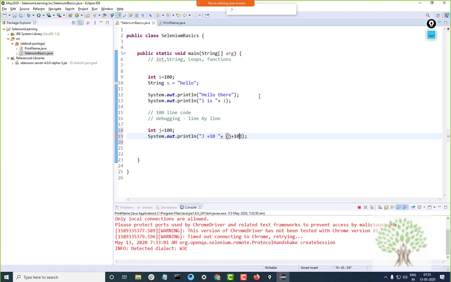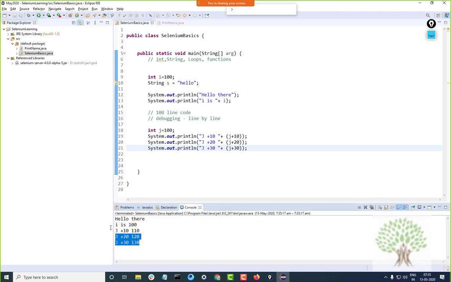I add 10 to j and print the value of j. I print 3 lines: j plus 10, j plus 20, j plus 30. If I run this, it will give me this output: j plus 10 is 110, j plus 20 is 120.